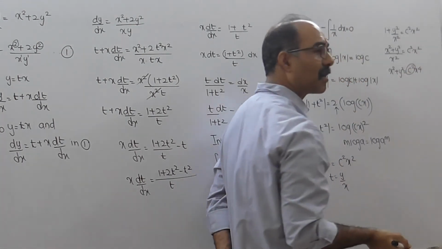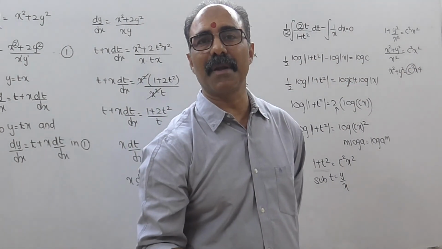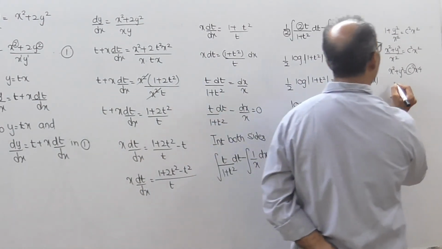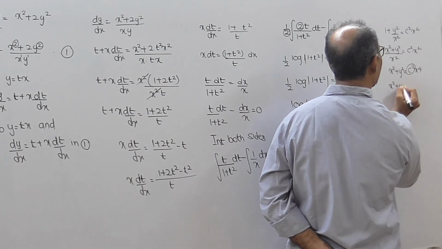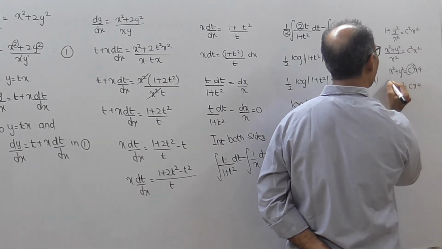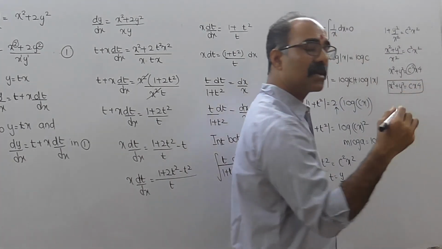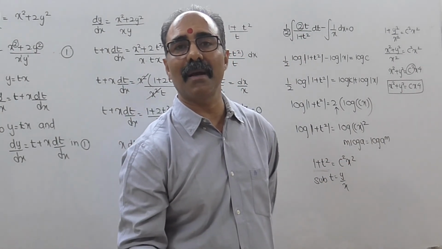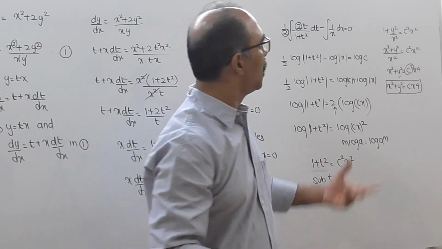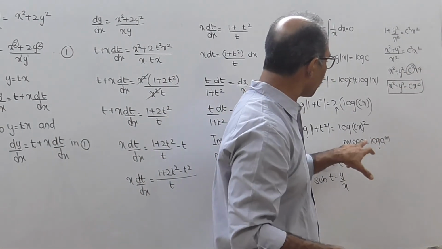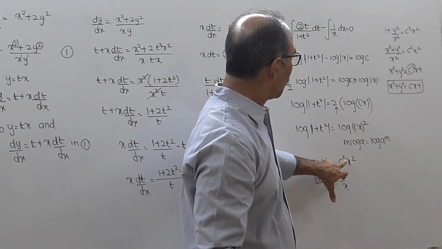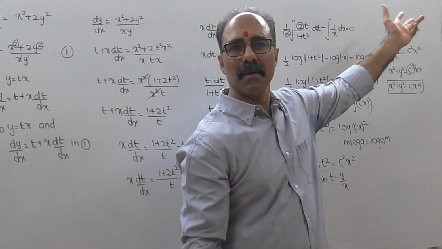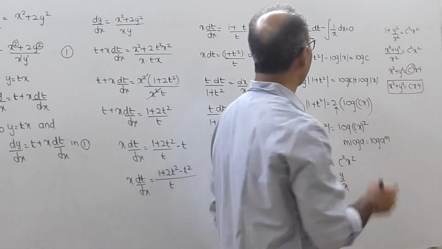What is c? c is an arbitrary constant. You cannot square up an arbitrary constant, because even if you square it, it will still remain an arbitrary constant only. So we can say that x square plus y square equal to c times x raised to 4, because c square, c cube, c raised to 4, everything is the same, since c is an arbitrary constant. You could have also done it like this: when you have written c square, in the next step itself you can write c, no problem. c square and c are one and the same.